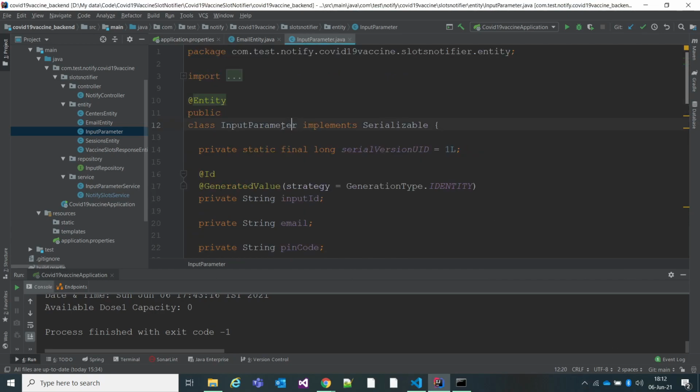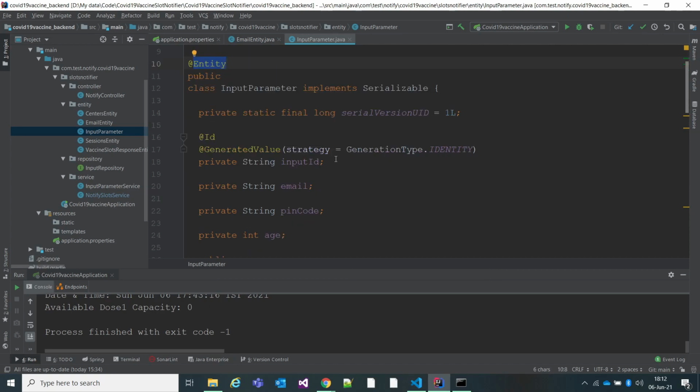So the input parameter will also be a table. A table will be created in the H2 database, and so for that you have to mark this class as an entity. So annotate it as entity, and you need to create an id. Annotate that as id, and that will be automatically generated.